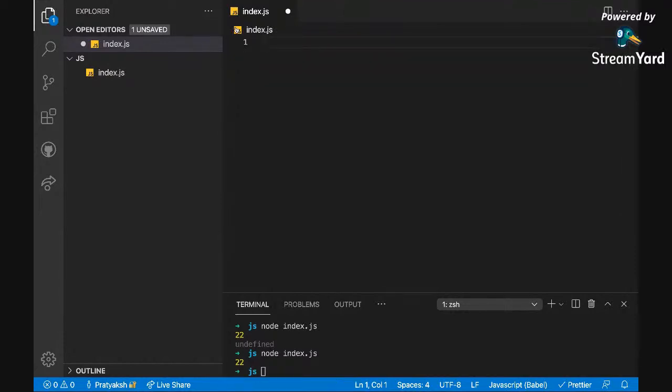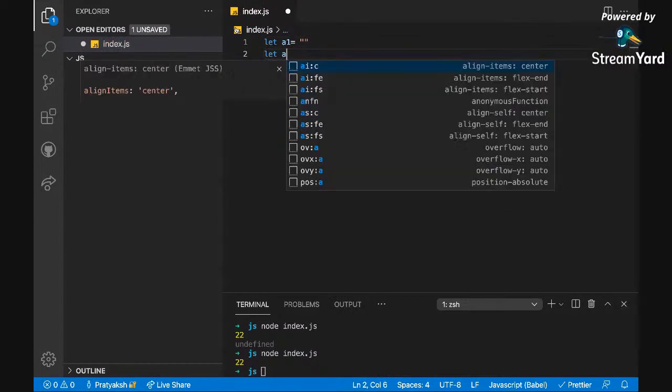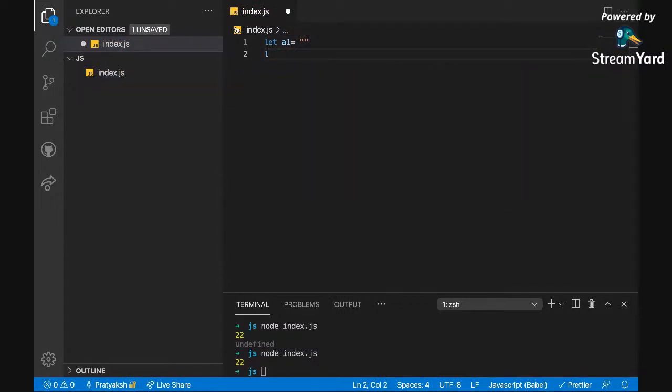Now, let's say I have a list of data, and I need to store it somehow. So one way is I can say let a1 is equals to one value. I'm trying to save a list. Then I can say let a2 is equals to something. Then let a3 is equals to something. You see where I'm going. This is very difficult, to name a new variable every time I want to create a list.